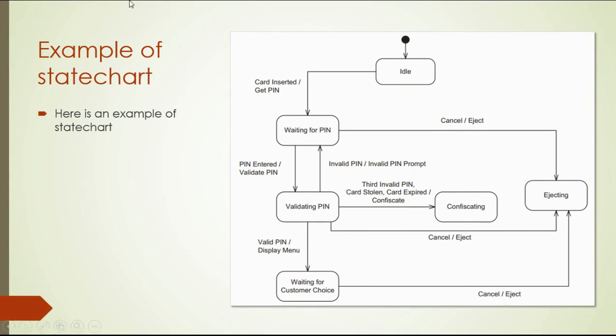So maybe the main sequence is just idle, and then waiting for the bin, and then validating the bin, and then waiting for the customer choice. But as an alternative sequence, the user can cancel, or the user inserts an invalid bin, or the user inserts the correct